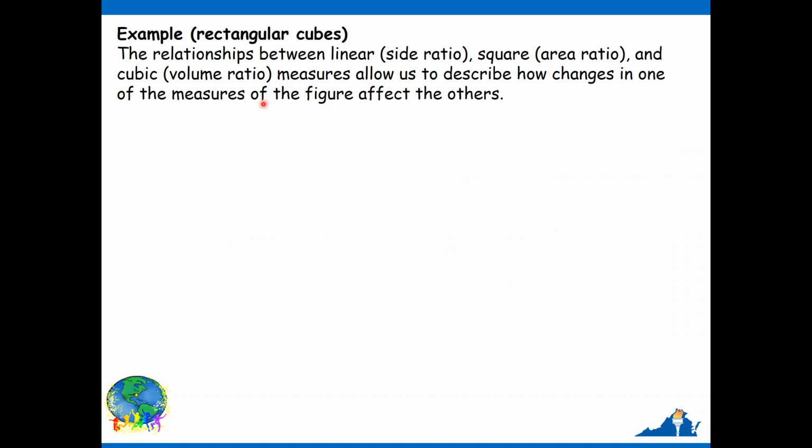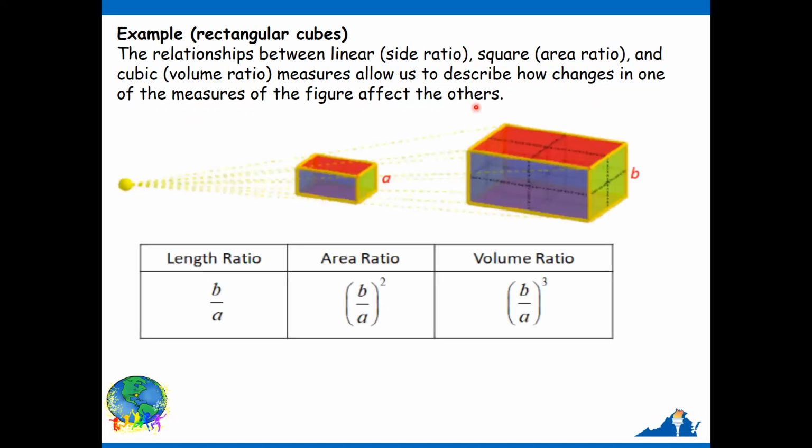Let us look at this example. The relationship between linear, that is side ratio, square area ratio, and cubic volume ratio measures allows us to describe how changes in one of the measures of the figure affect the others, right? So here is a situation. I have these rectangular cubes, right? And I've indicated one side of the smaller one, which is A, and the other side of the bigger one,